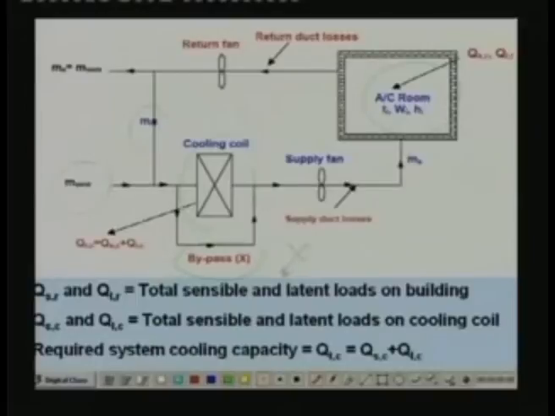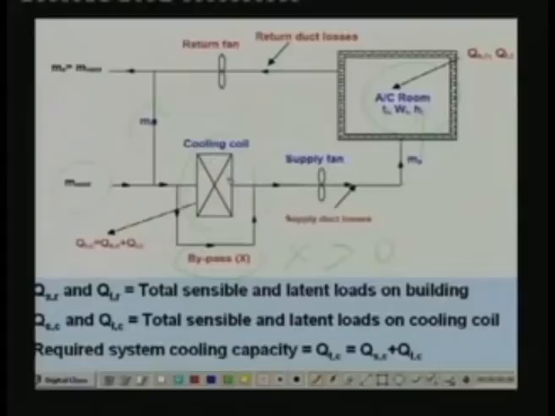Okay, this bypass factor will in general be greater than 0 and less than 1. What happens is that some amount of outdoor air does not flow through the cooling coil, but bypasses it and directly enters the building. So it is not rejecting its heat to the cooling coil, but to the conditioned space, in which case it becomes a part of the cooling load of the building,